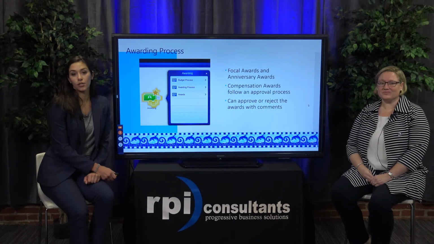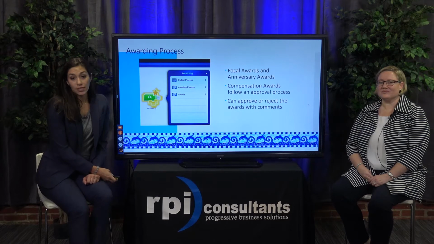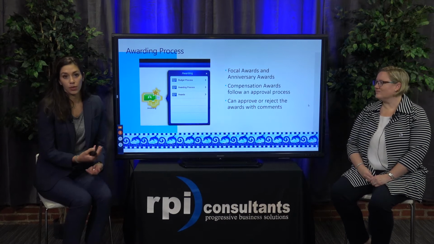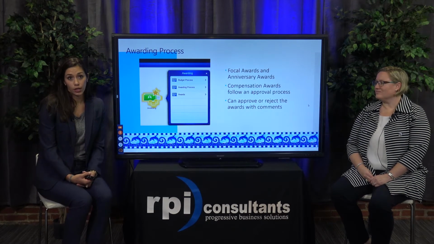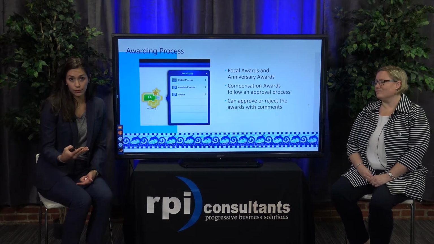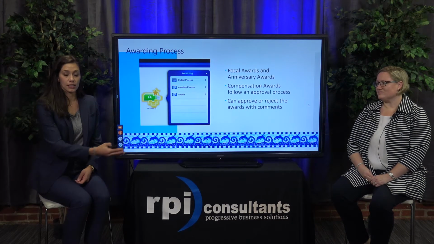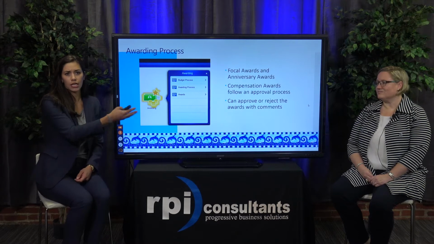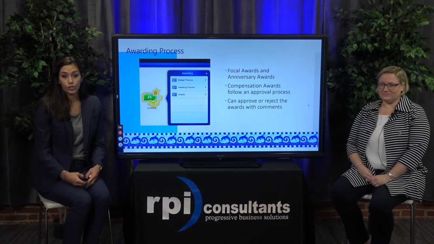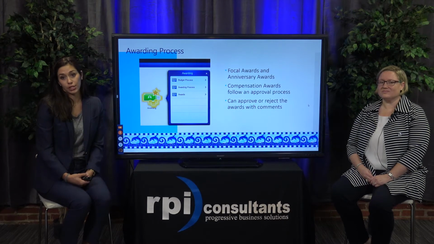All right, awarding process. So focal awards, anniversary awards, all of this can be set up here. Compensation awards as well, and much like any other action or anything that's submitted through Global HR, there's an approval process for it. Delivered is 3 approval levels. I forget who it goes to first, but you do have 3 approval levels delivered. You can modify that through flows. And as that's sent through the process, it probably goes up to the manager, director, and then maybe the compensation administrator. Any of those people can approve it or reject it, and they can put in comments that would go back down the line to let someone know why it's been approved or rejected.